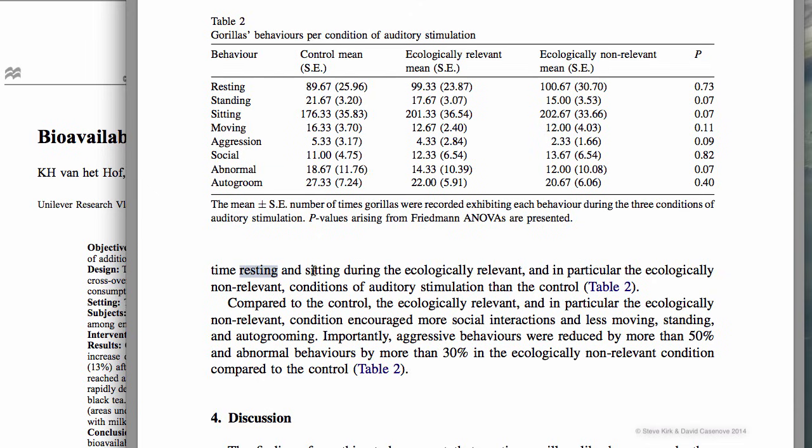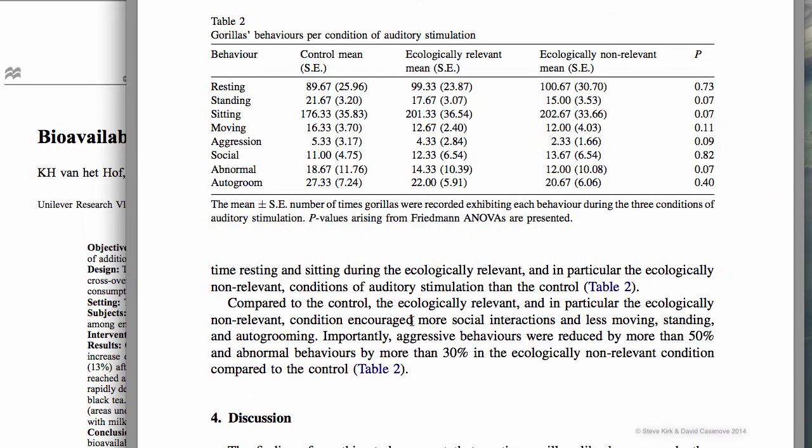So here's resting, here's sitting, here are the social interactions, moving, standing, auto-grooming, aggressive behavior, abnormal. Okay, so all 8 of these are mentioned. In the table, you can see the details of the particular numbers, but in the sentences, they just explain, for example,